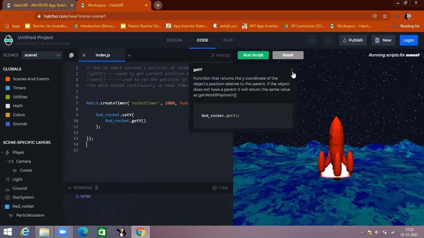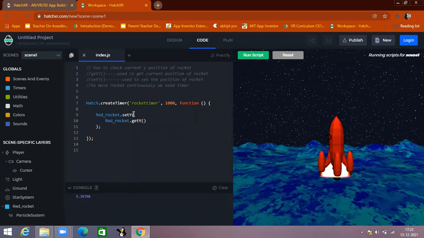So inside the set y function, I'm placing the get y, and I'm increasing it by 1. Rad underscore rocket dot set y, inside the bracket rad underscore rocket dot get y plus 1. So actually we are setting the position 1 ahead of whatever the current position of the rocket is.